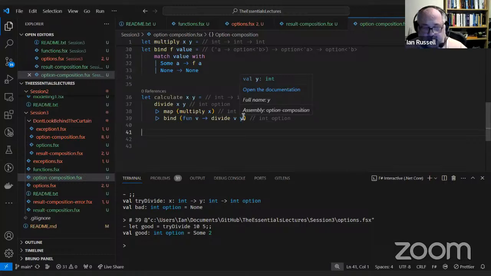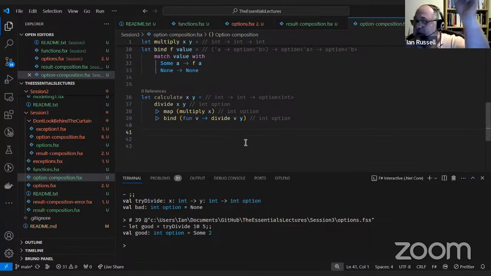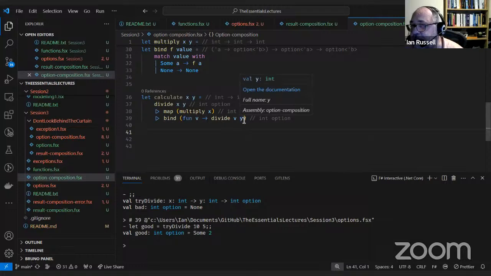into option. Now, the reason that I have to do the function style here is because the value that's being passed down the line isn't the divisor, it's the, is that the right way around? It's the one on the top of the division, not the one on the bottom. So my calculation is divide by y.